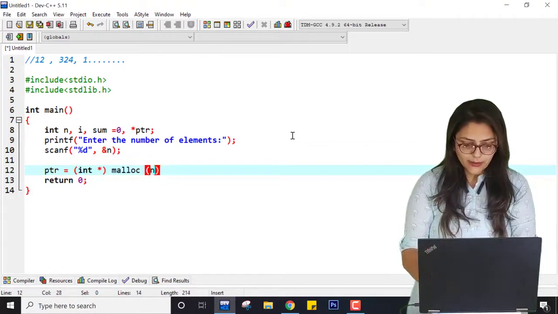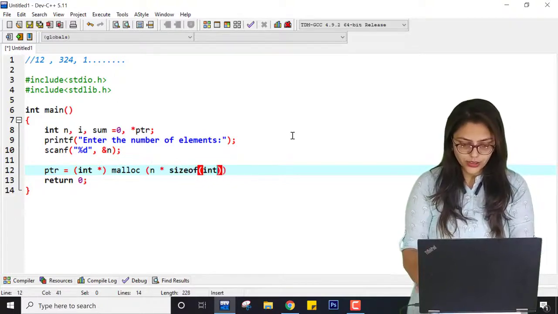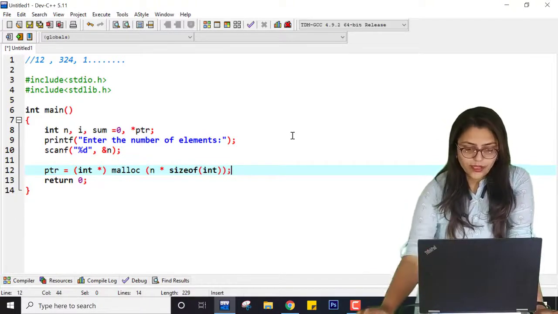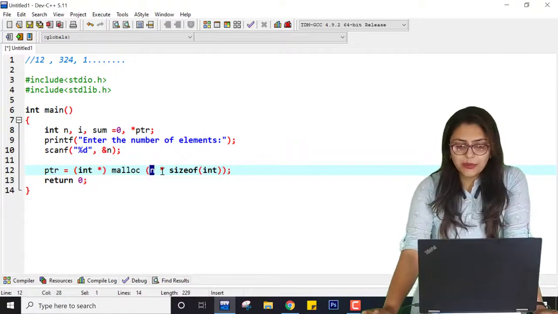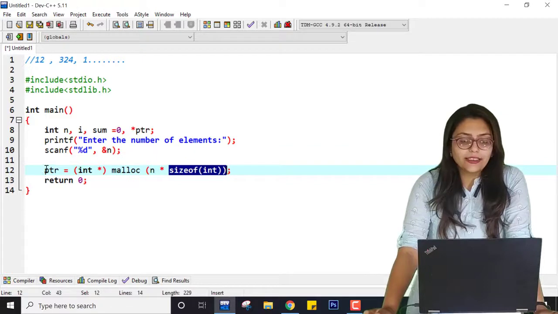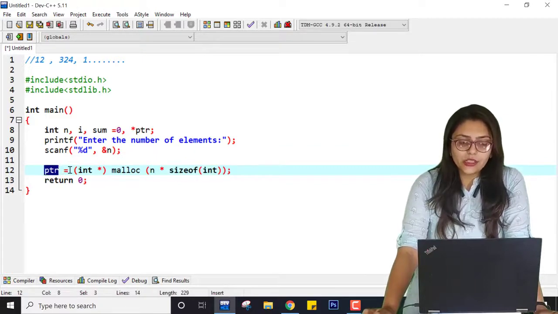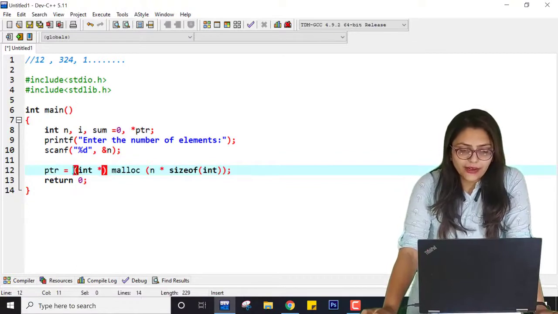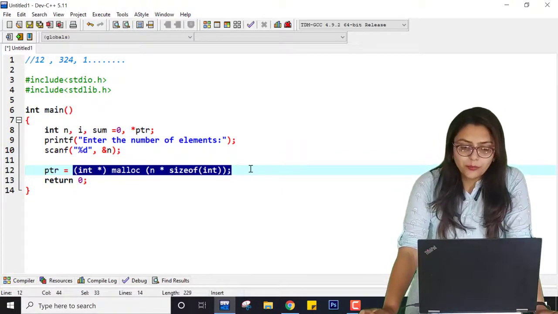Now inside this I'm writing n into size of int, right? So whatever value is entered by user, n will be multiplied with the size of integer, and that block will be assigned, and this pointer will return the address of this newly assigned block.